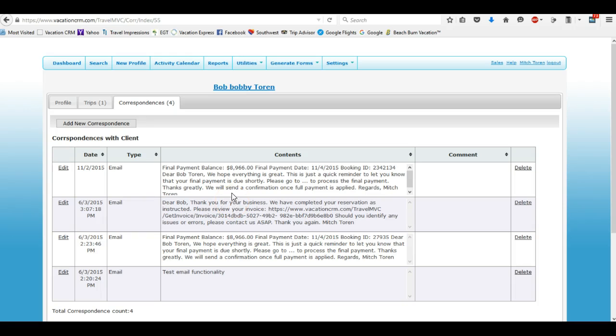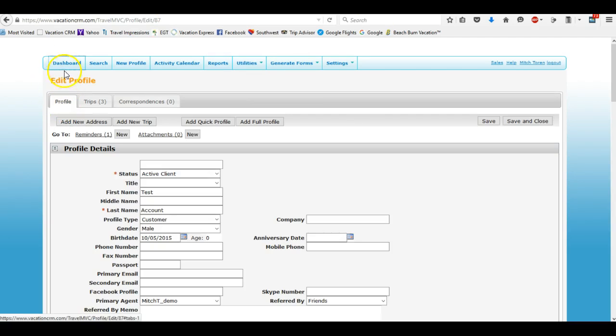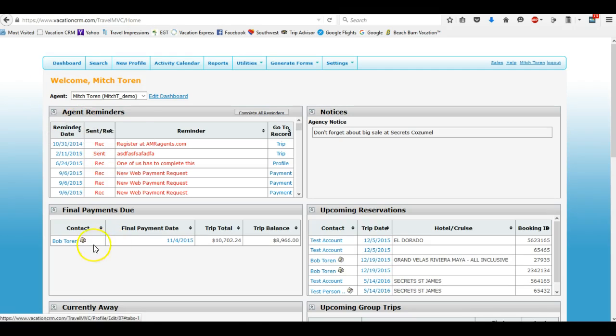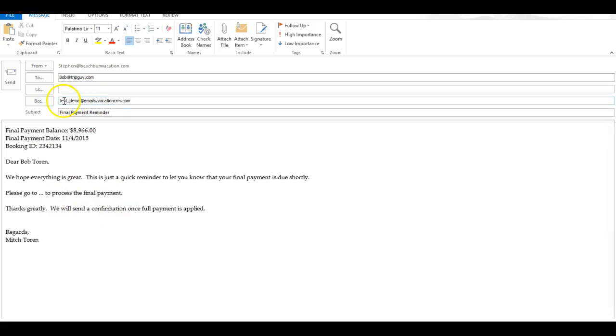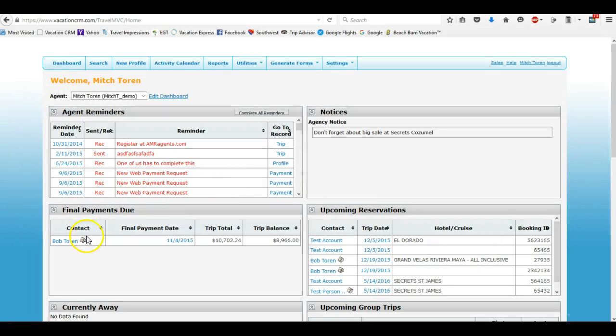It is for your agency. This is a demo account, so that's why it's tested demo. Usually you just click on the email icon anywhere in the system, and when it opens an email for you, like this is the test_demo, this is the name. Usually it's your agency name, like whatever your agency ID is, at emails.vacationcrm.com. But to figure that out the first time,